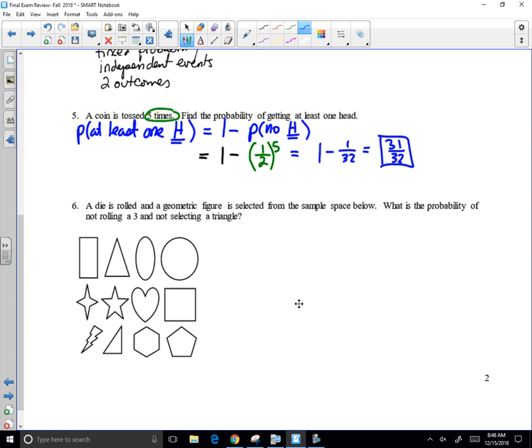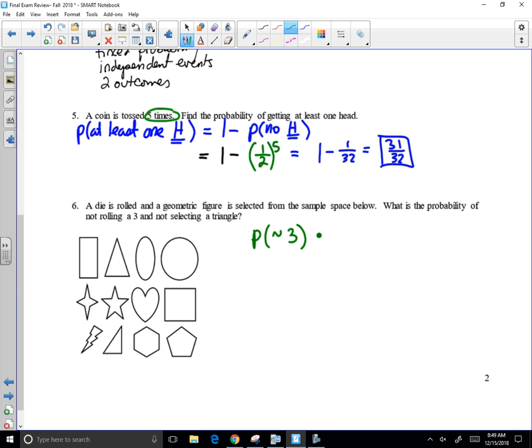All right, number 6. So this is a multiplication rule, probability situation. I mean, they're both multiplication rules, but this one is a little bit more in your face. It should be very similar to one from a previous test. I'm pretty sure that's where I got the diagram. A die is rolled and a geometric figure is selected from the sample space below. Right? Probability of not rolling a 3 and not selecting a triangle. Right? So probability of not getting a 3